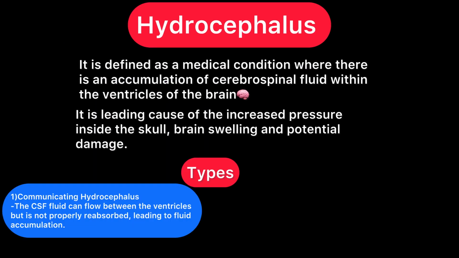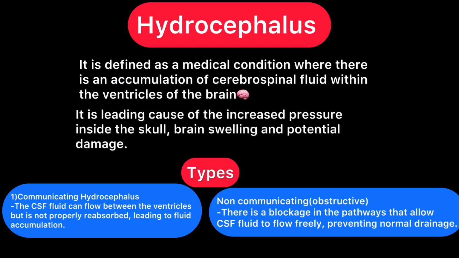Okay, let's go on to another topic, that is hydrocephalus. In this condition, there is an accumulation of cerebrospinal fluid within the ventricles of the brain. There are two types of hydrocephalus, communicating and non-communicating. In the communicating type, there is no obstruction of the free flow of the cerebrospinal fluid between the ventricles. In the non-communicating type, which is also known as obstructive hydrocephalus, there is obstruction in the free